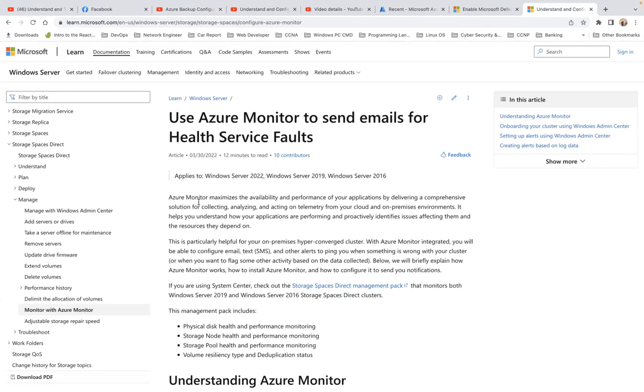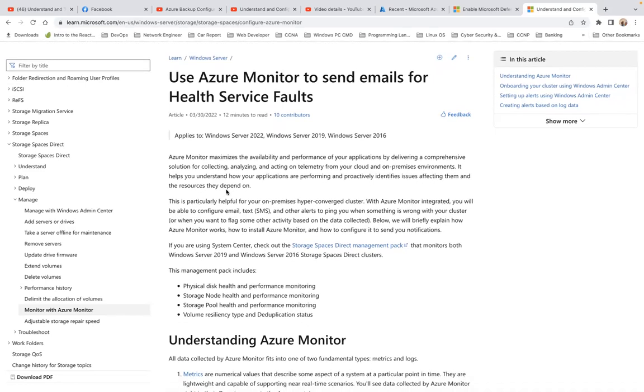So Azure Monitor maximizes the availability and performance of your application by delivering a comprehensive solution for collecting, analyzing, and acting on telemetry for your cloud and on-premises environments. It helps you to understand how your applications are performing and proactively identifies issues affecting them and the resources they depend on. So this is particularly helpful for your on-premises